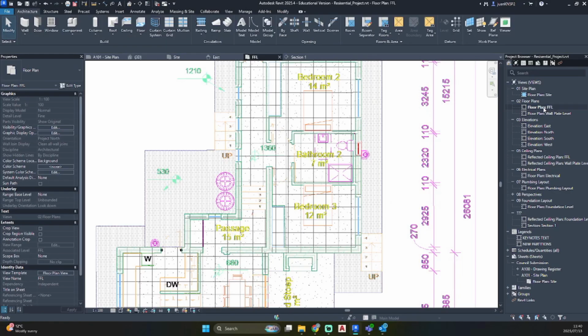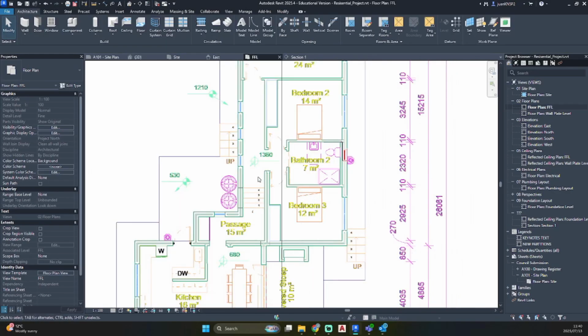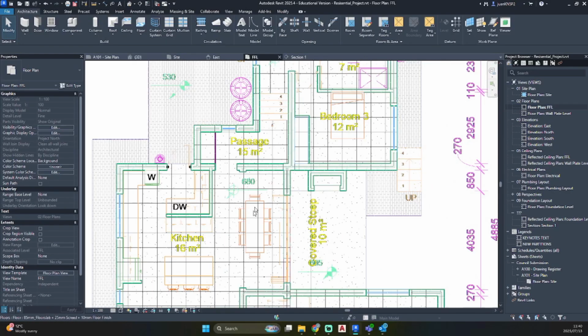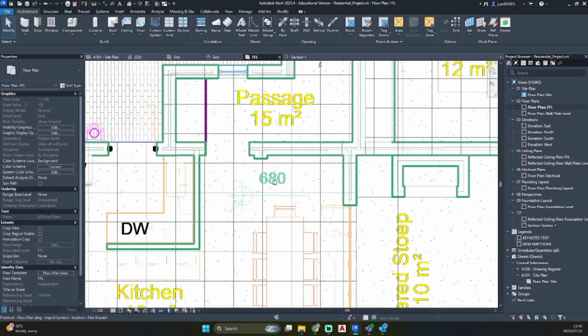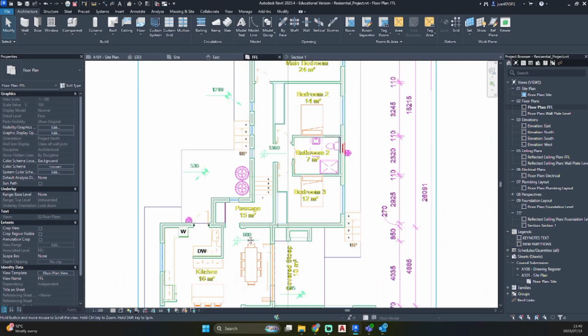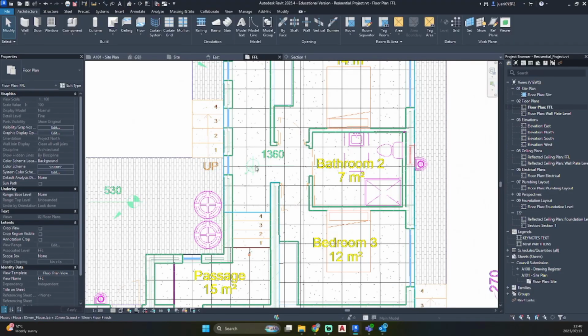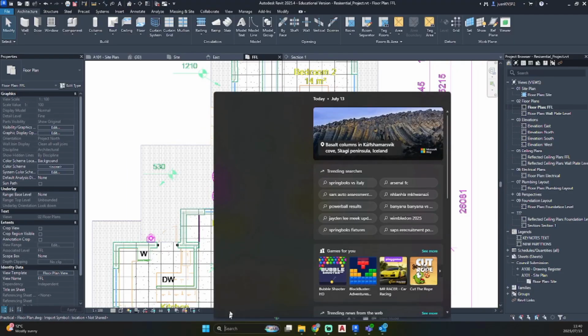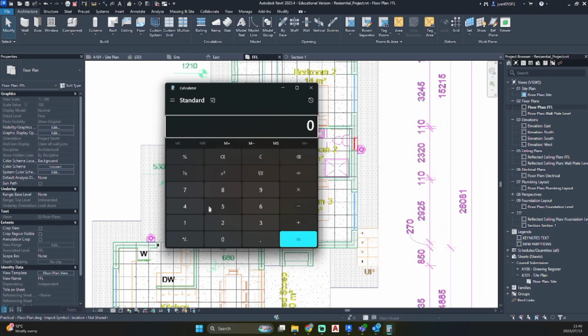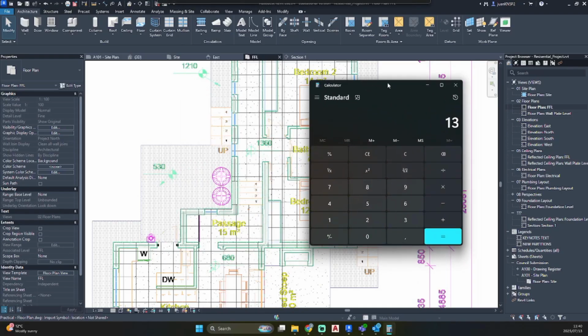Let's just check on our floor plan. So we want this to be 0. So let's go on our calculator. 1360 minus 680 equals 680.